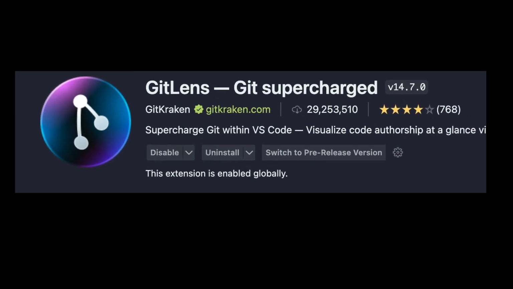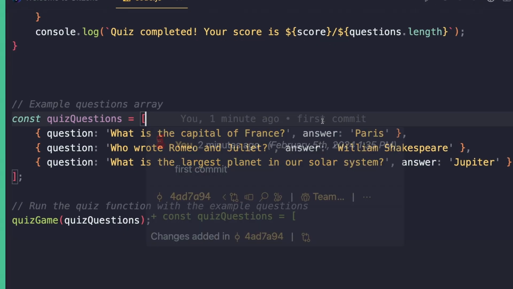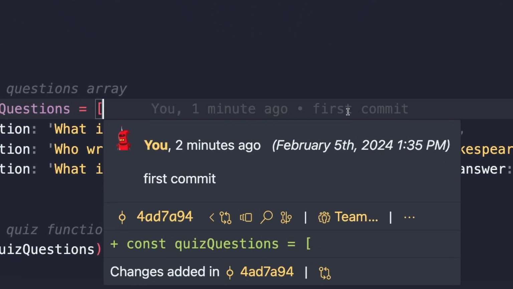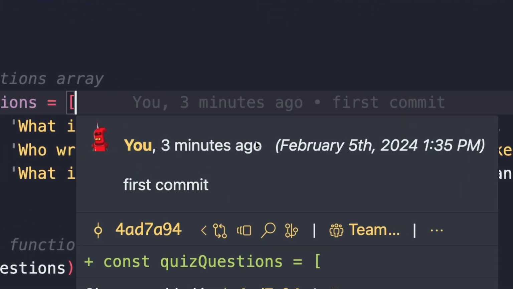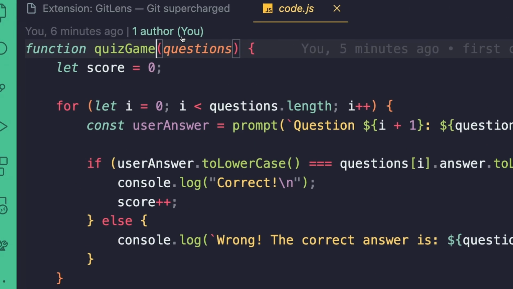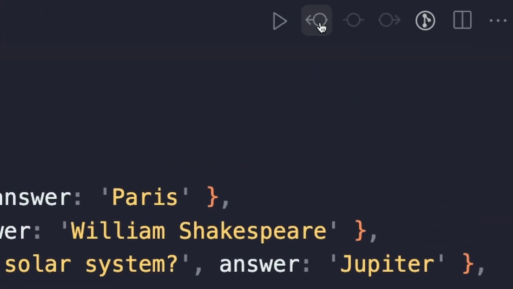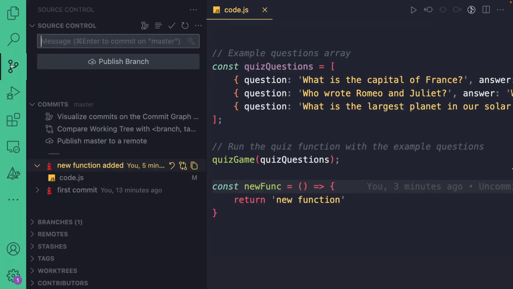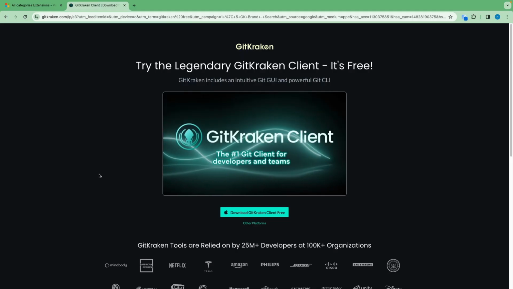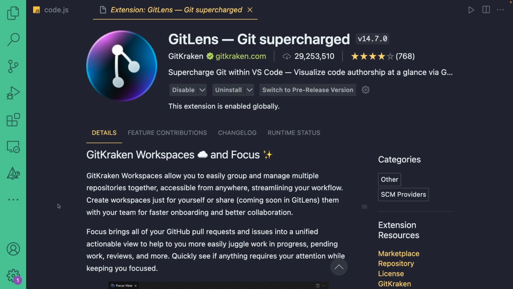GitLens is the most famous Git-related extension in the entire VS Code marketplace. It has a feature of inline blame where you can check who made the commit. Also, it will tell you the time at which the commit was made. It will also tell you about the people who have made changes in the code. By clicking on this icon, you can check the previous changes in the commit. In the source control panel, you can check various commits, and also you can check the files in which changes were made. With this, you can also use GitKraken, which allows you to easily group and manage multiple repositories together,